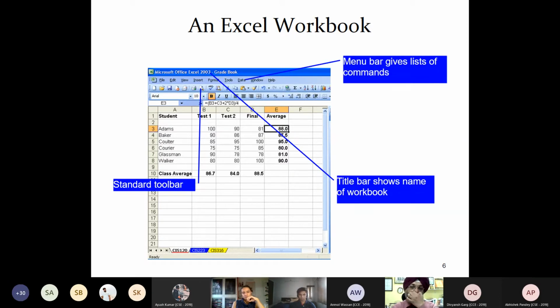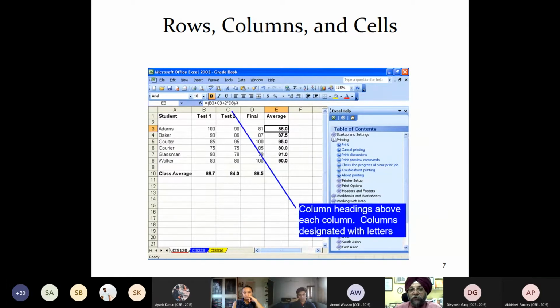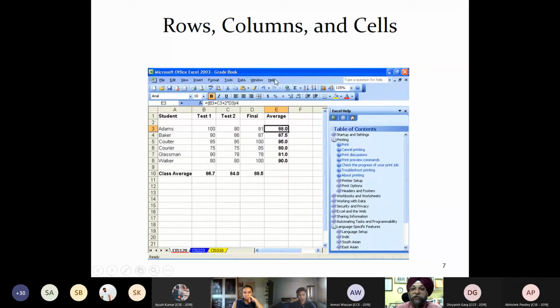This is called the menu bar, which gives a list of the commands, and this is the formatting toolbar, by which you can do various formatting for the data you have written in Excel. Even if some Excel help is required, there is an option, and you will be able to know what contents are there in the help. You can click on this particular button and you will get the help option. It might be hidden in the 2016 format.